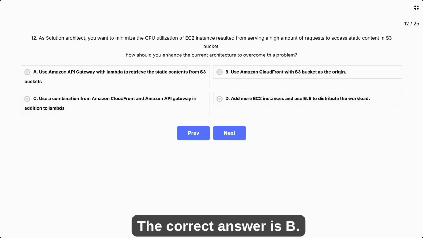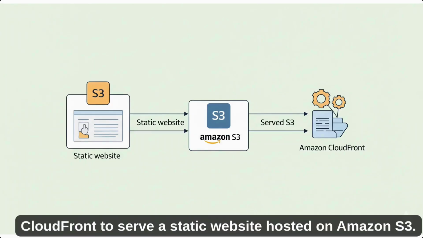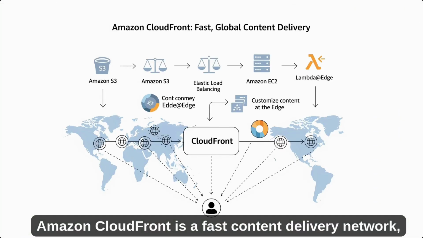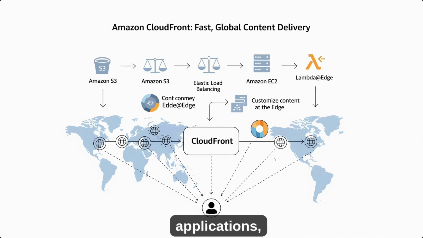The correct answer is B. Use Amazon CloudFront with S3 bucket as the origin. Use CloudFront to serve a static website hosted on Amazon S3. Let's deep dive. Amazon CloudFront is a fast content delivery network (CDN) service that securely delivers data, videos, applications, and